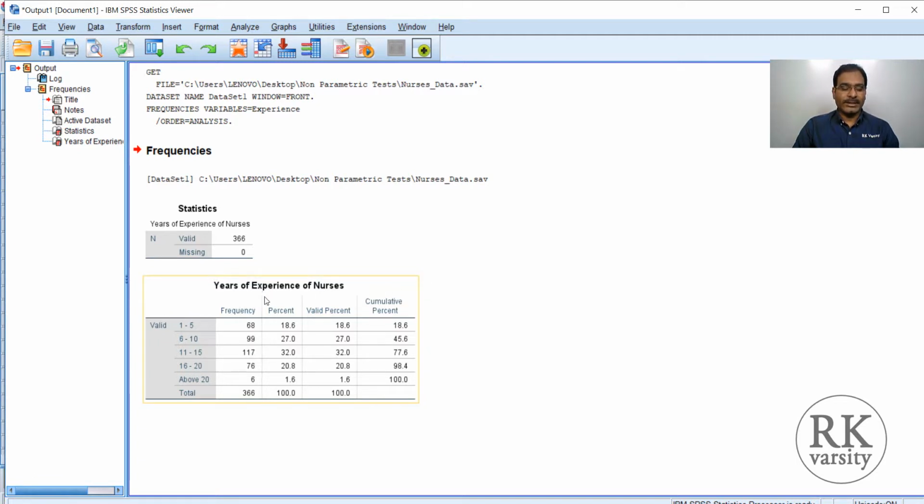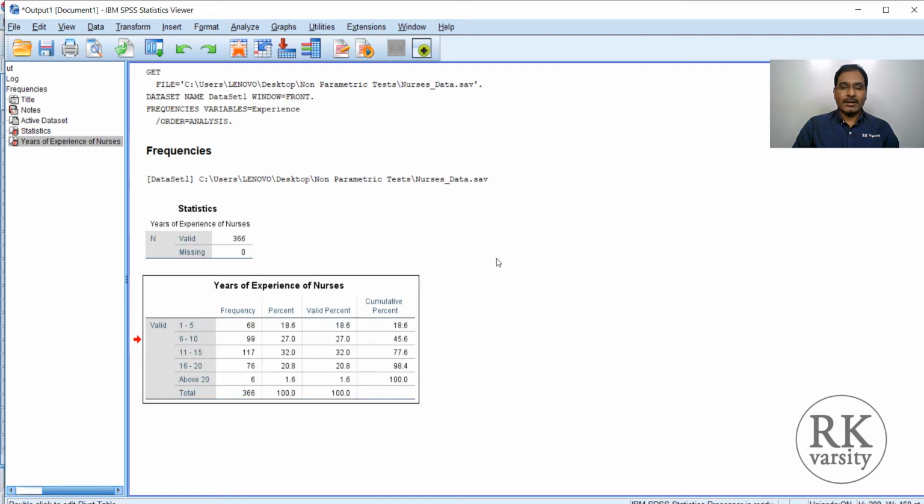Why we need to edit the frequency distribution table here is, there is one column which indicates valid cases, and which you may not require. Similarly, if you observe here, valid percent and cumulative percent are both the same. As this is redundant, you may wish to exclude either the valid percent or the cumulative percent. For that also you need to edit this table.